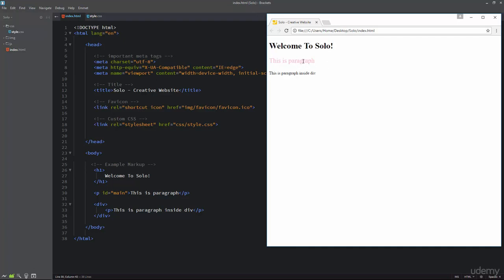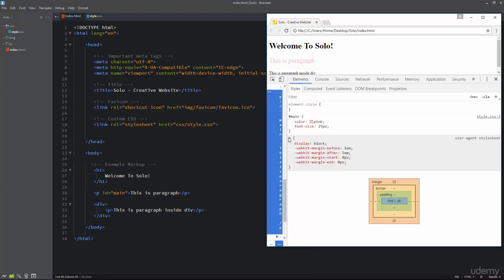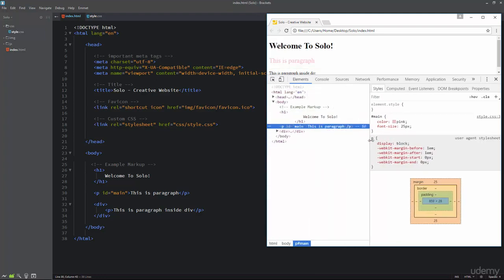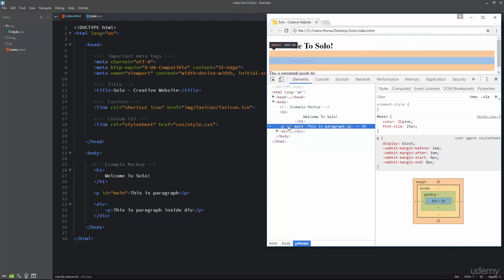I'm going to inspect this p element. I'll right click on this p element and I'll choose inspect. Okay, as you can see this p element is selected and it has an ID and the value for this ID is main.